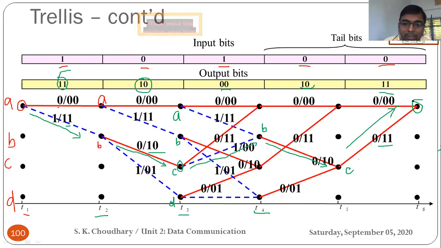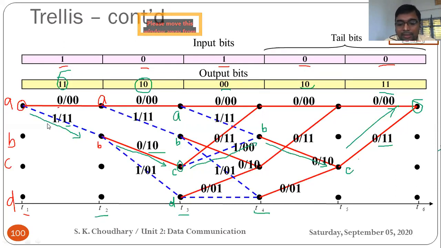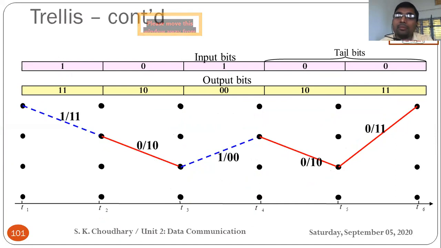So in this way, we move from one state to another state for all possible input sequences. So this is the final tracing. If you see, this is the final tracing as per our message sequence 10100. So this is the ultimate last diagram that you have to draw for the encoding. You have to start from this particular structure but end with this. Both diagrams are important to show for the encoding.